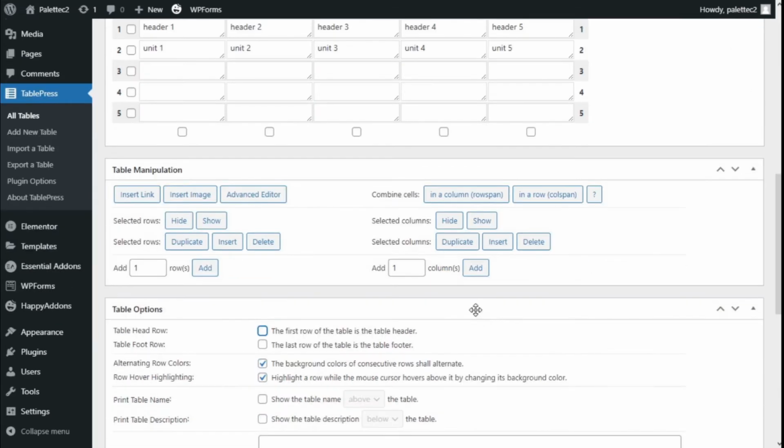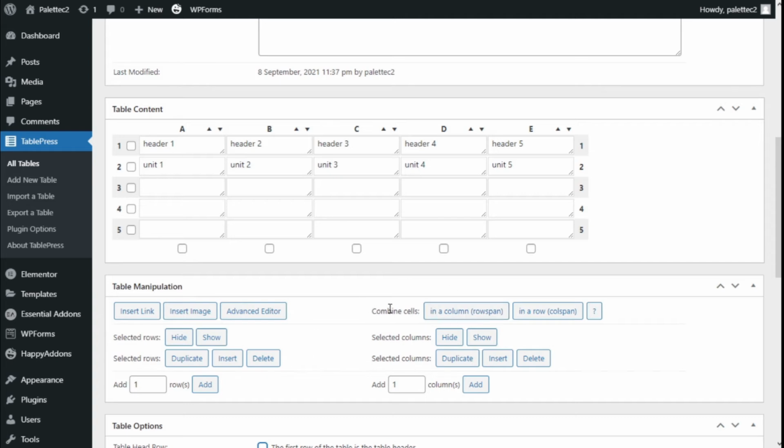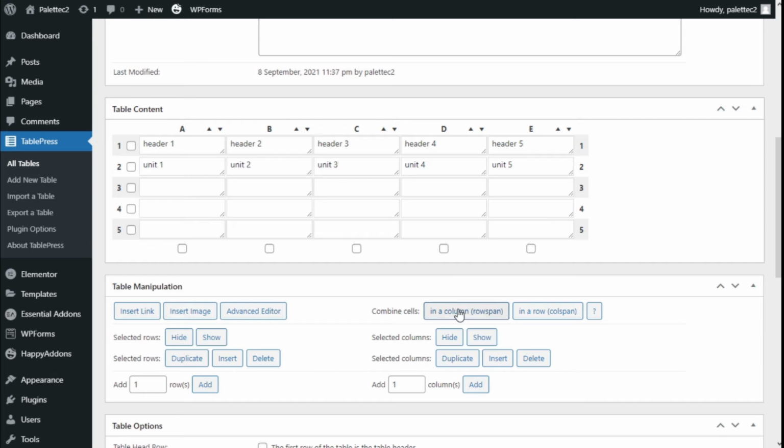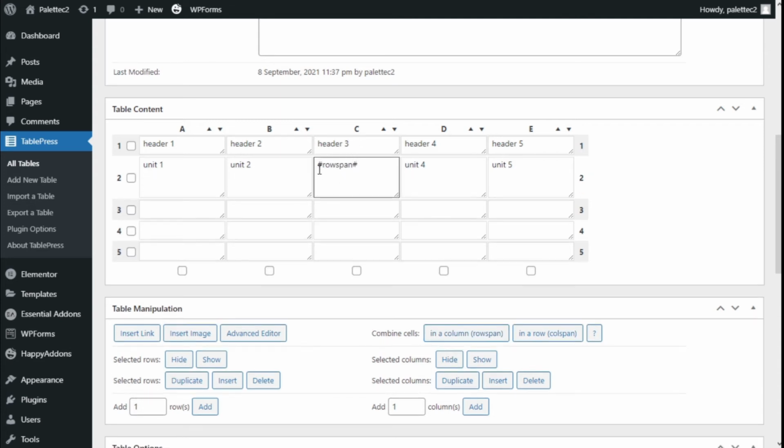And now we are going back to the top, and we have the options to combine cells in a column and in a row. Now, if we click in a column, to combine cells within a column, click into the cell below the cell that has the content the combined cells shall have. So we are going to click on Accept, and then click under the header 3. There we are. Now we have a row span,